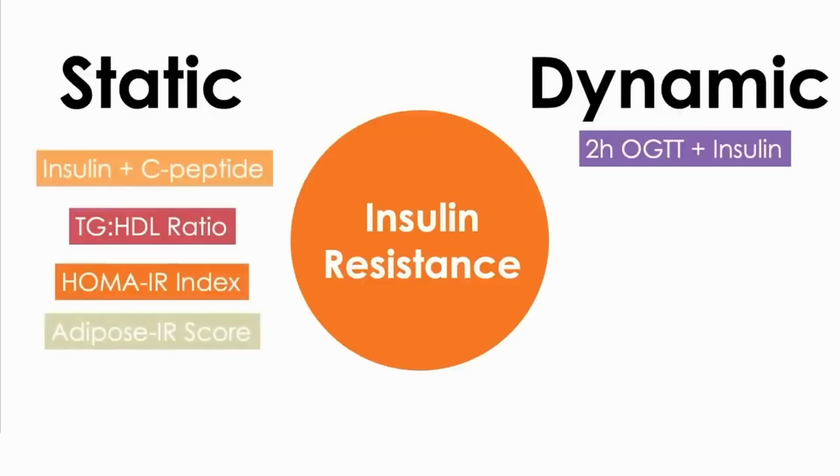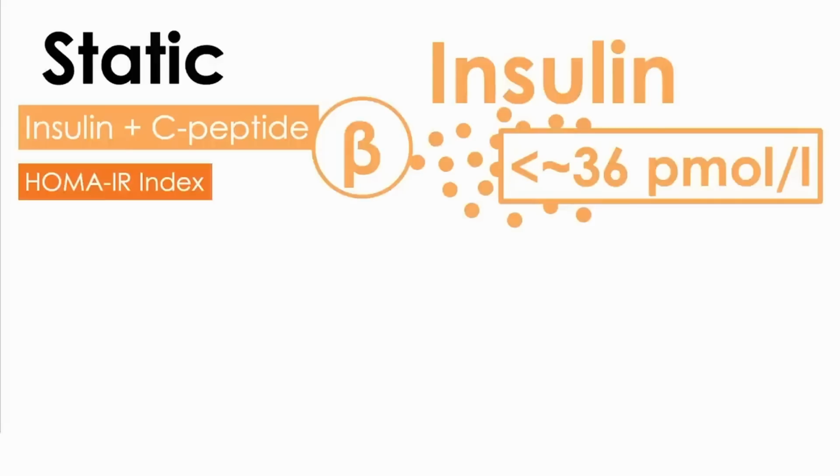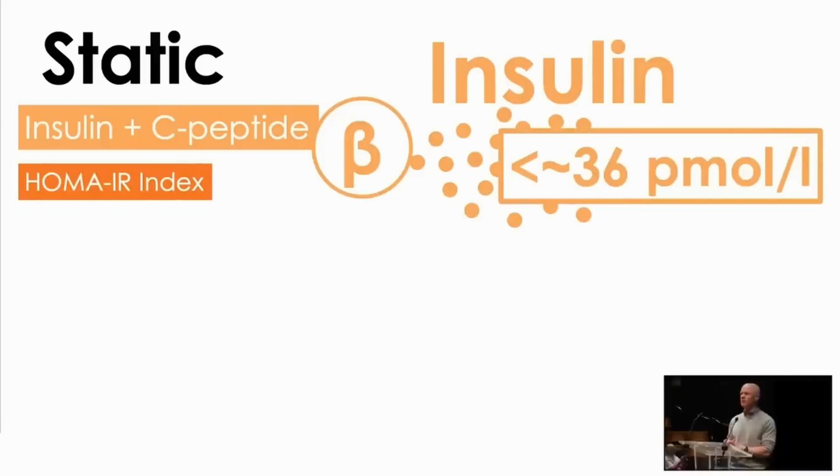So there is the list, and I just want to highlight the ones that I think are the most telling. The first one simply being measuring insulin. I hope I got my unit conversion correctly, going from the microunits in the US to the picomoles here. But if fasting insulin is lower than around mid-30s picomoles, that's a very, very good sign, I believe. David? Yes? I need a GP here to kind of confirm. But that would be a good sign that insulin levels are in a healthy, low range, and the body is responding well to it. In other words, the body's insulin sensitive.